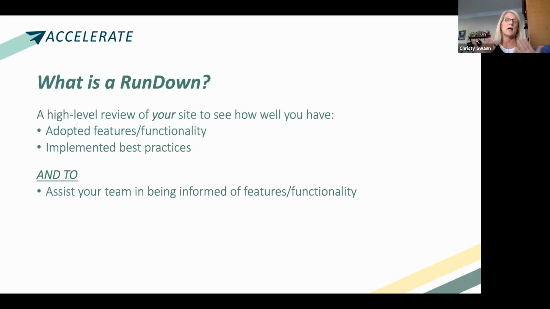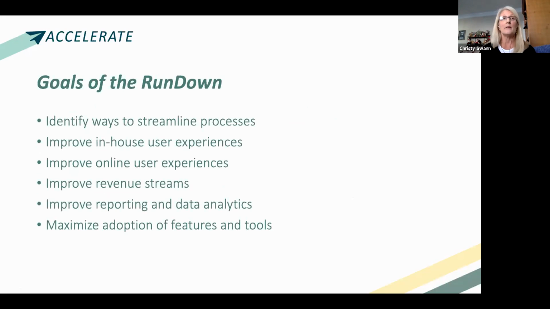because some of those high level functionalities will be pointed out, whether you've actually taken advantage of them or not, along with a consultation call that you may decide to schedule with the team. You may end up having prescriptive discussions around those and find out that you have features and functionalities that you haven't yet fully reviewed, and therefore have not adopted. So that's what the rundown is, and we'll talk about how to access a rundown at the end of this